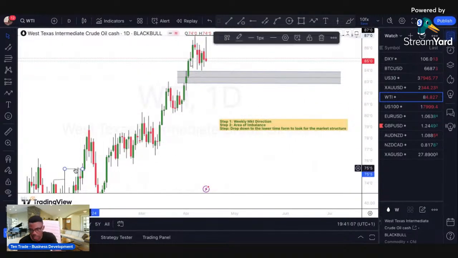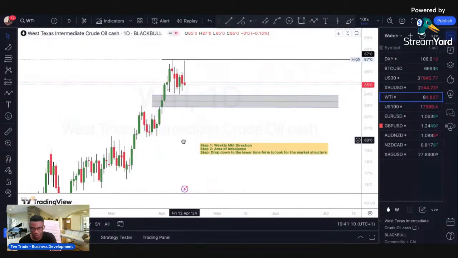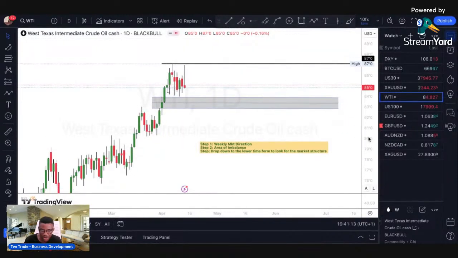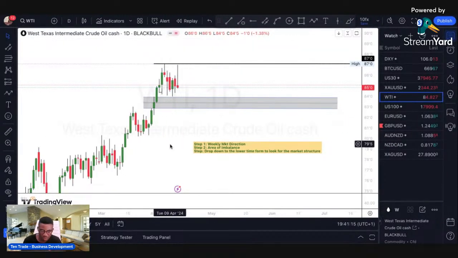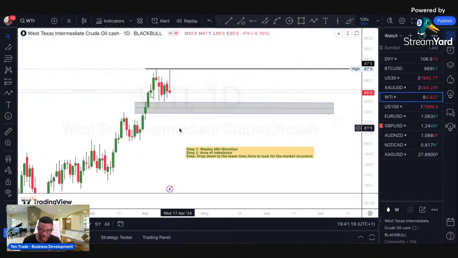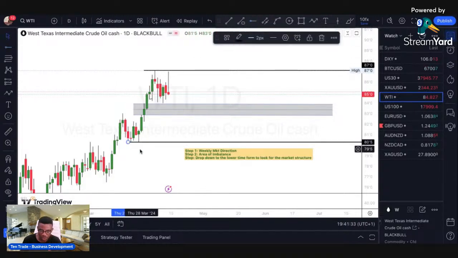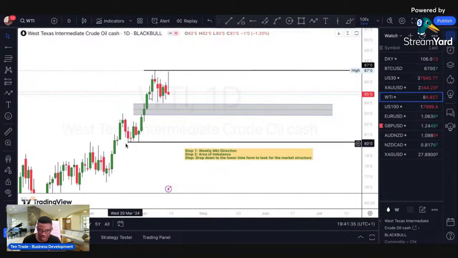So take this one out, we're not looking at it. Our main area of interest now is the area closest to the market. We've already established the direction as bullish, so the last support that the market left was this one. This is the last area of support the market left before it made all this massive move. So we are going to mark it. It is the daily support. Price printed this area,